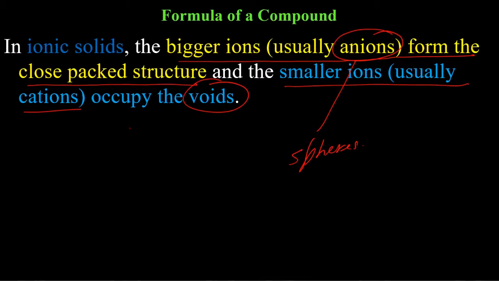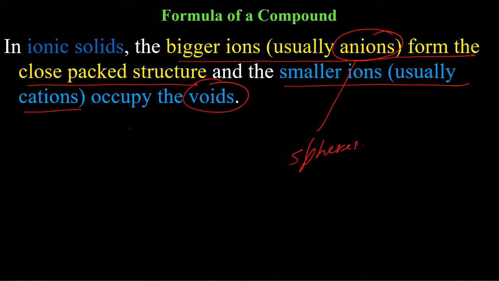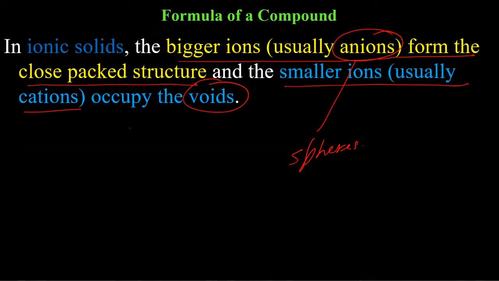Tetrahedral voids are smaller than octahedral voids. If the cations are smaller and can fit into the tetrahedral voids, they will go to tetrahedral voids, not octahedral voids. Even though they can fit in octahedral voids also, there they will be loose. They will not fit, hence unstable. So they fit into the tetrahedral void, where they are more stable as compared to octahedral voids.